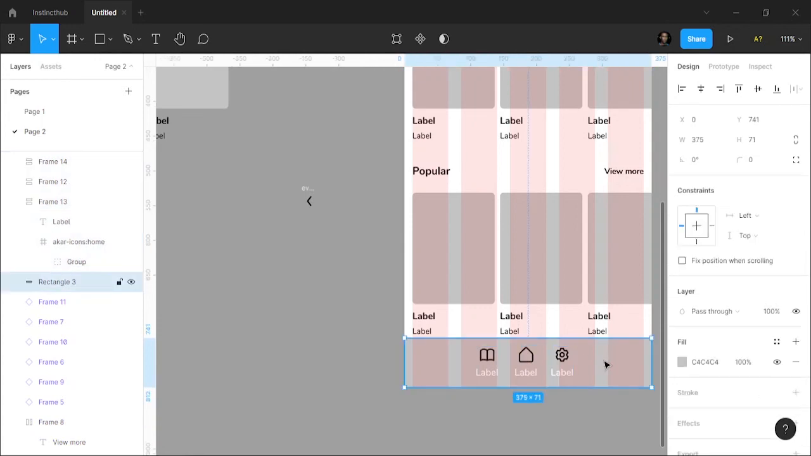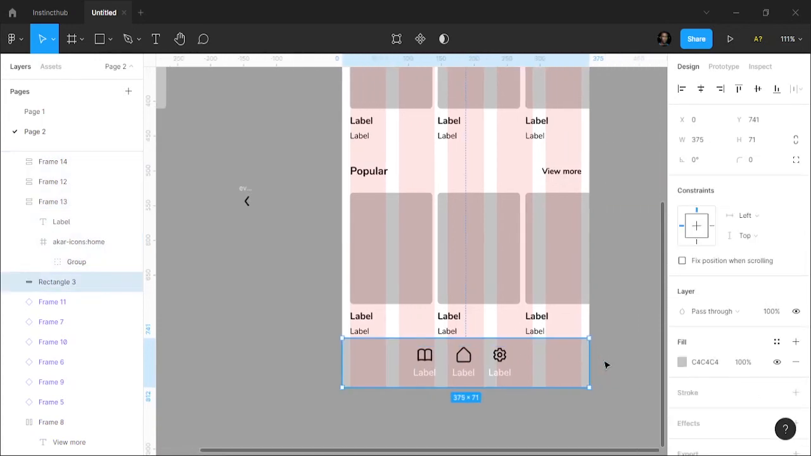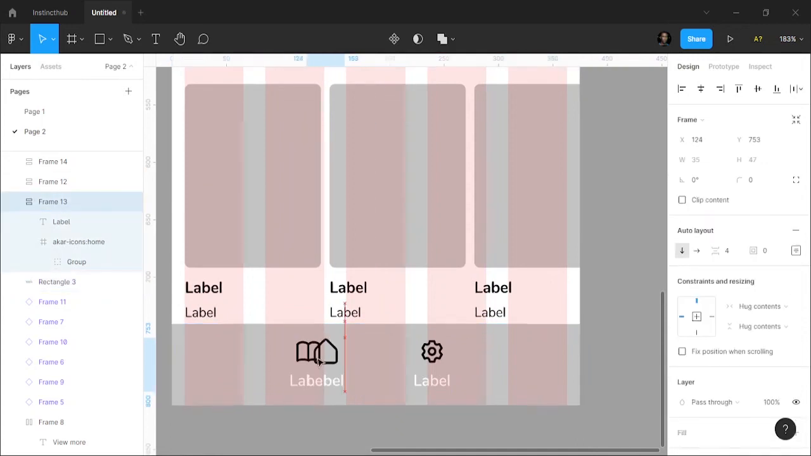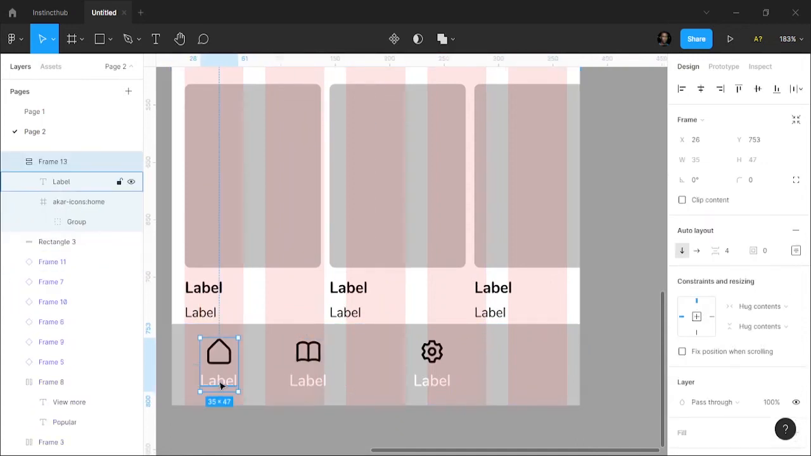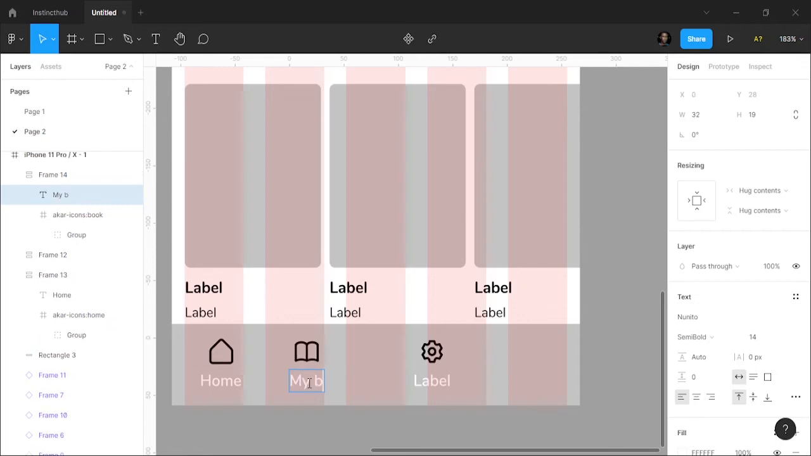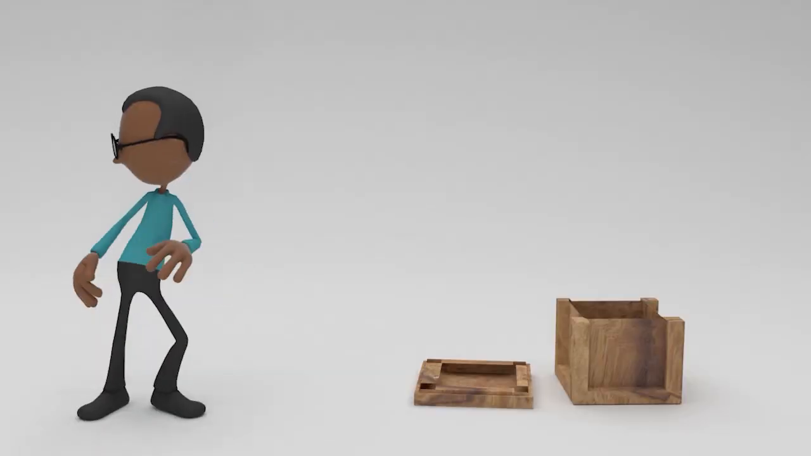Since they are going to be at the bottom of the screen, the home is supposed to be first. So let me just change the label name so you understand what we're talking about. Home, my books, which is the second one, and the third one, which is